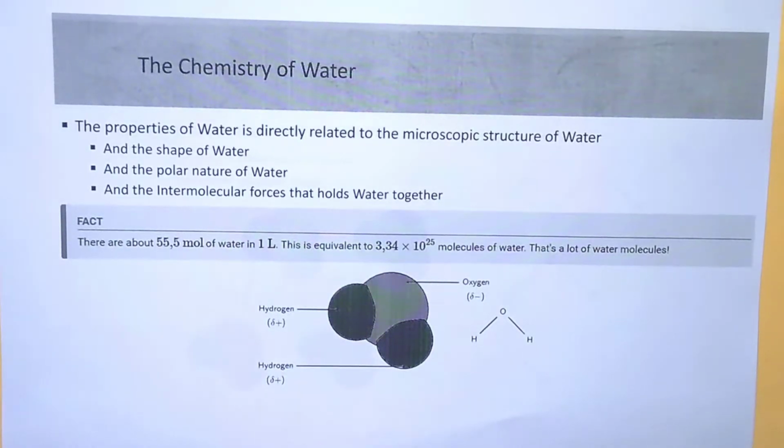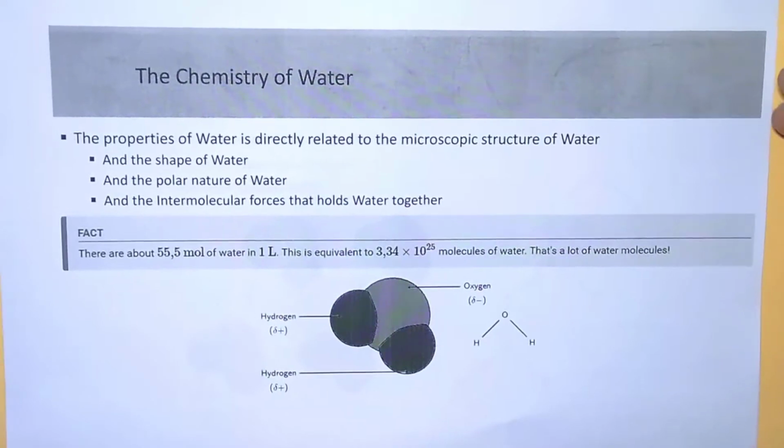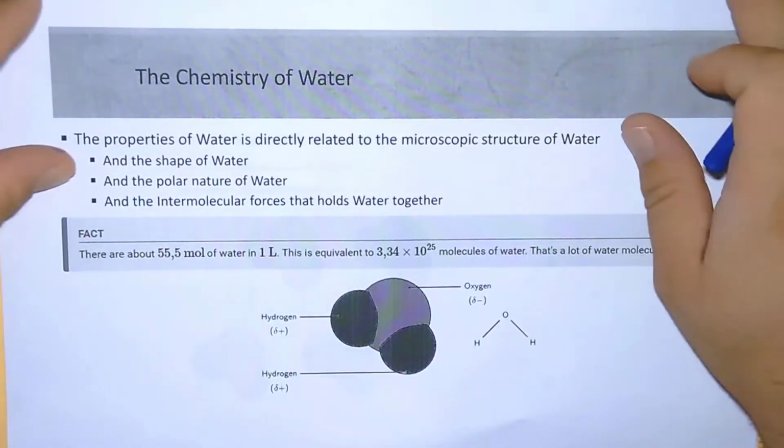Okay, the last part of the intermolecular force chapter that we have to take a look at then is the chemistry of water. What's very important to remember is that the shape and the type of intermolecular force that holds water together actually gives it its properties. And probably one of the most important things, and something that I can advise you that you need to